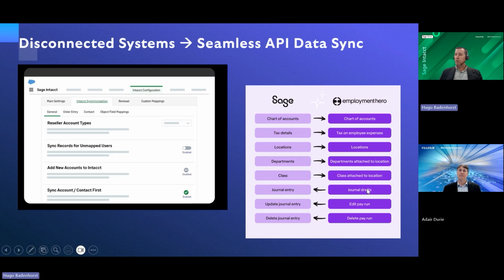pay period, in a sense, weekly, monthly, that will basically create a journal within Intact. If there's a modification, you can edit that pay run. It can go and update that journal as well. If for whatever reason we need to delete that, it can also delete that payment journal. So it keeps the payroll system and your ERP financial system in sync to ensure that there's nothing missed. The payroll data is processed immediately, so that real-time visibility is there as soon as things happen as well.